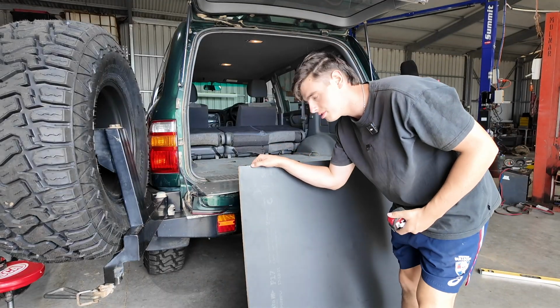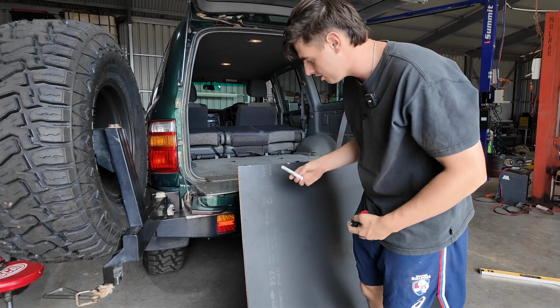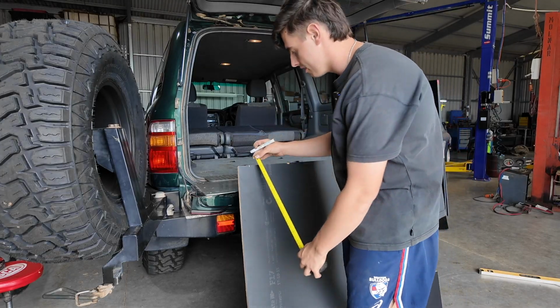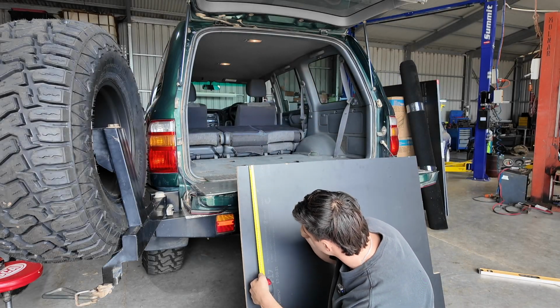All right, so as you can see, I put 2 little marks here on each side where I think the bolts line up. So what I'm gonna do now is go 50 mil down from there, because that is where I've basically lined that up over there. So I'm gonna try and keep this as straight as I can. Go down 50 mil,